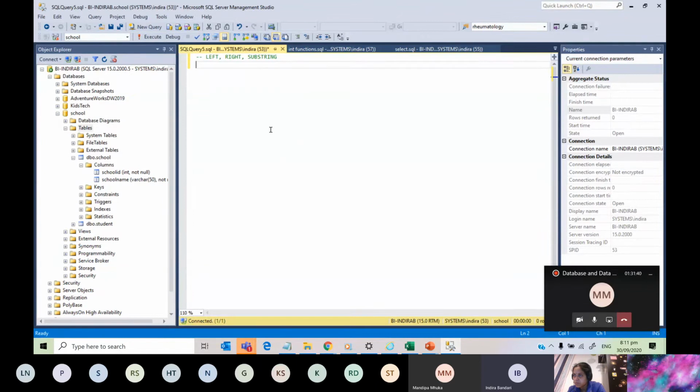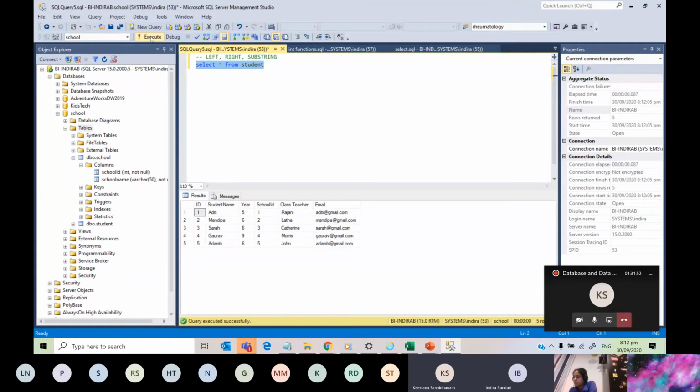What is a string? Anyone tell me? Which are the string columns here? A string is like a list of characters. Yes.